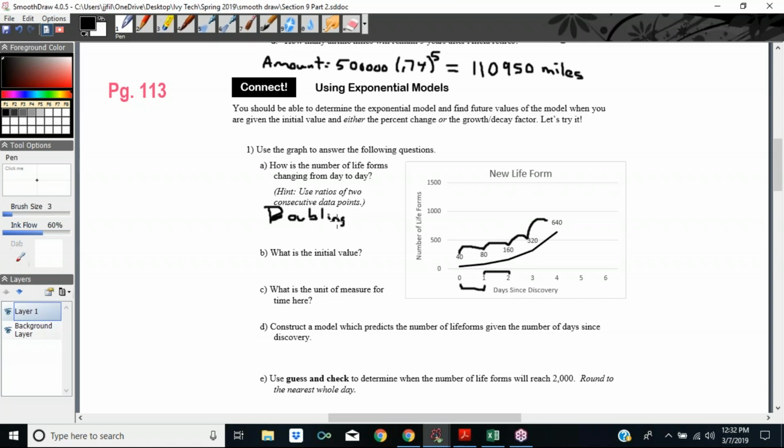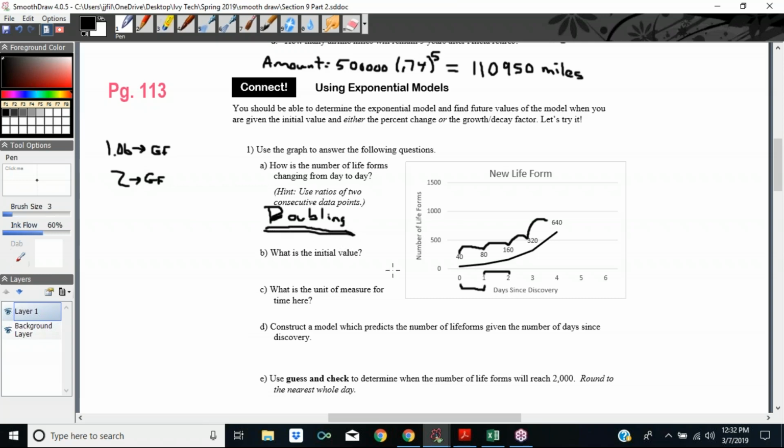If something is doubling, what are you multiplying it by? Just as a side note, you're multiplying it by 2. So remember when we were multiplying by 1.06, that was the growth factor. So if we're multiplying by 2 for doubling, that's going to be the growth factor. What if it was tripling? Then what would we be multiplying by? We'd be multiplying by 3. That's right. So just because we don't have the numbers given doesn't mean we can't find the growth rate or